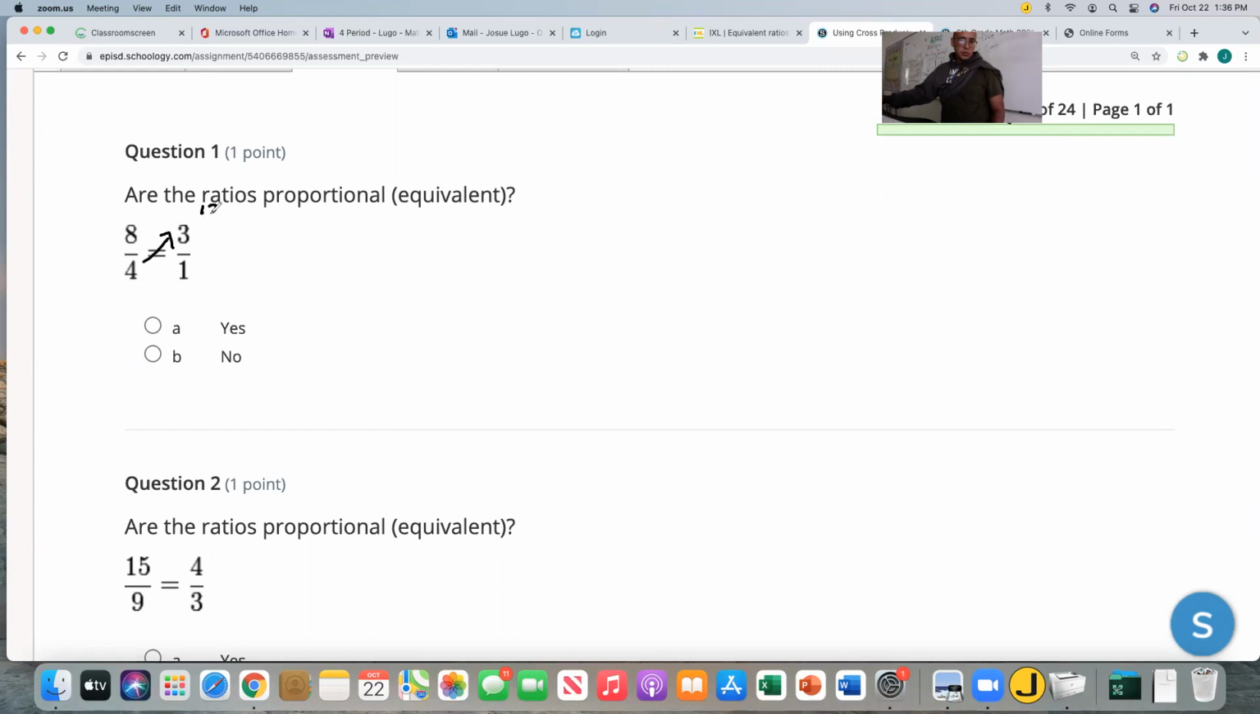4 times 3 is 12. 8 times 1 is 8. Guys, are 8 and 12 the same thing? They are not the same thing. So ladies and gentlemen, no, these are not equivalent. That is all you're doing, all the way down to number